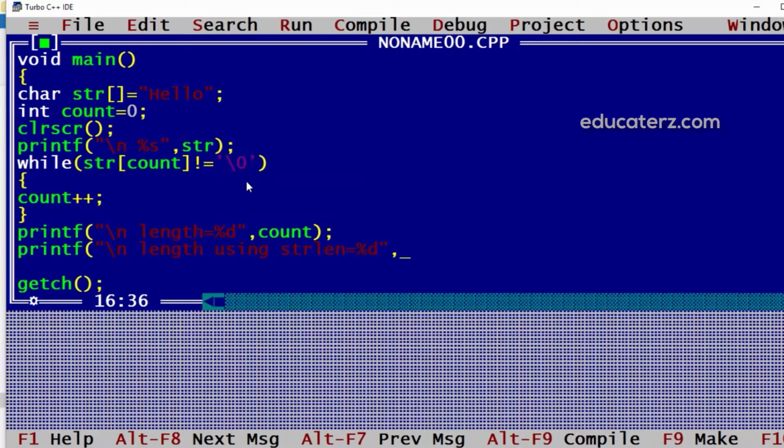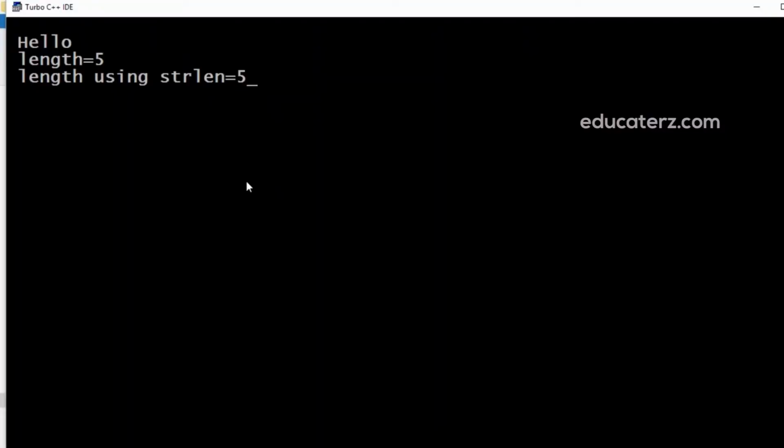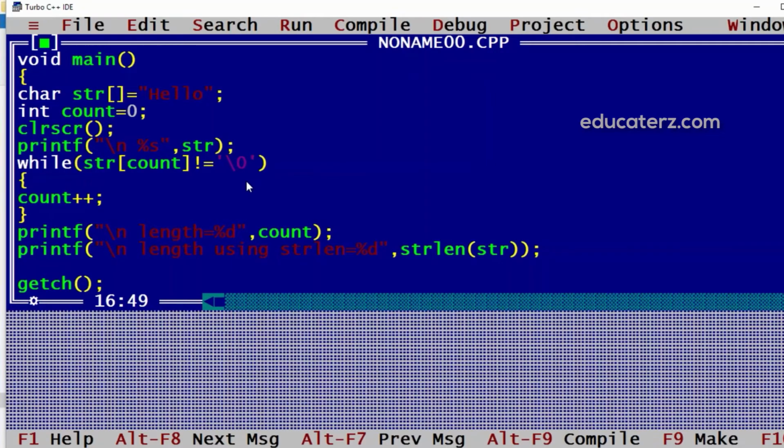So here I'll have strlen of str. So we'll get the value as 5. These built-in functions are available which we can directly use.